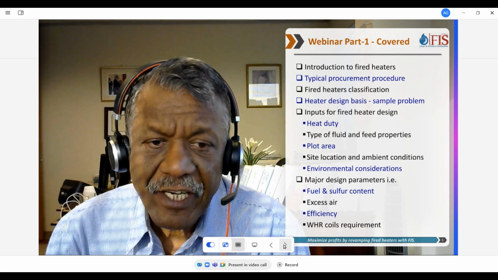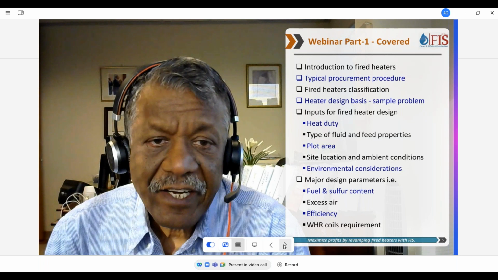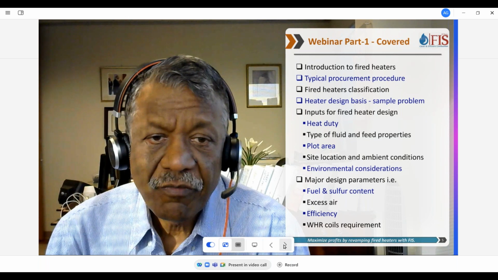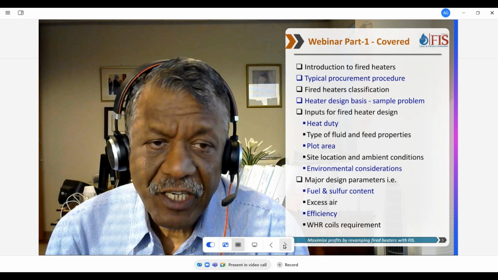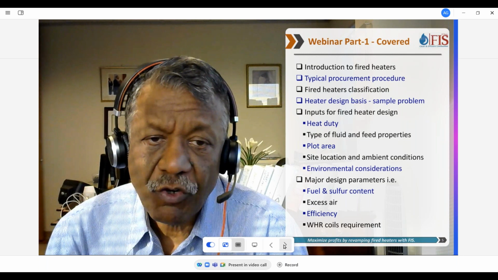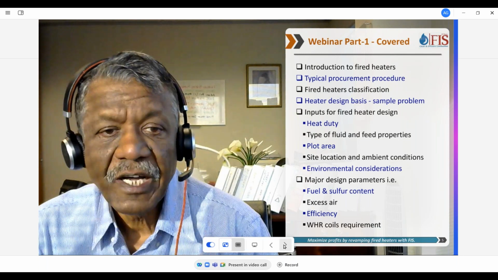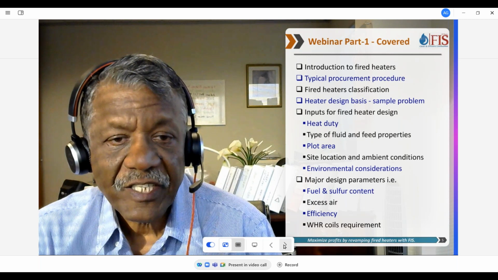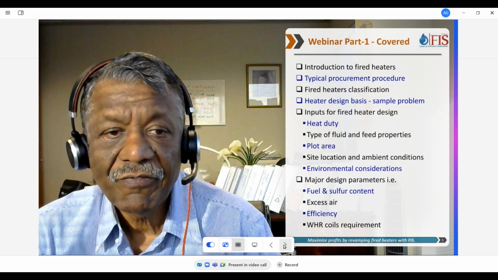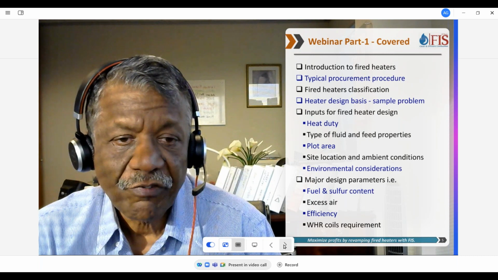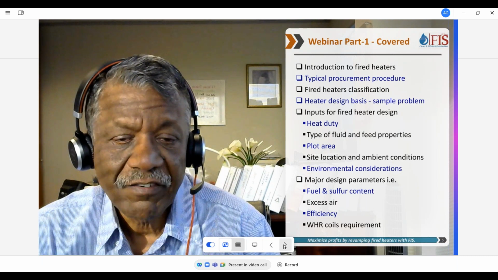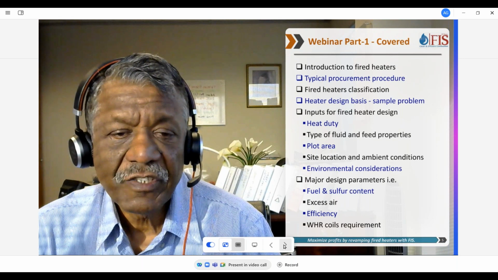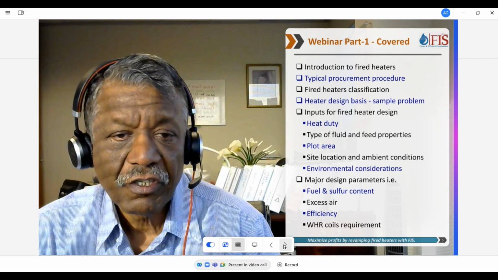And what are the inputs which are needed for fired heaters? Heat duty, what fluid you are heating, the feed properties at the inlet and outlet, how much space you have, where is the site, what are the ambient conditions, what are the environmental considerations, what type of NOx limit do you have, and then you need to have a little understanding of the design parameters you want to talk about,